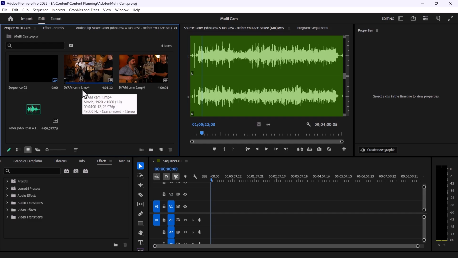Multi-camera shoots are fun, but editing them can feel tricky. The good news is Premiere Pro lets you edit multi-camera footage extremely fast using its built-in multi-camera tools. You can edit like a live switcher and finish your cut in a fraction of the time. Let's jump right in. In this example, I'm using 2 cameras, but this works the same way for 3, 4,